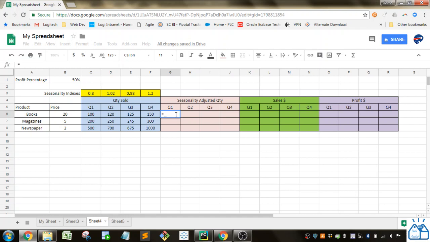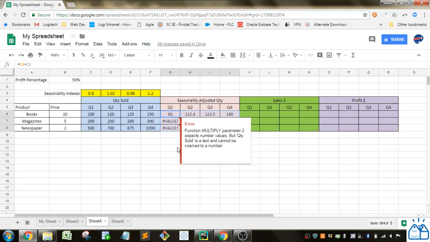So if I don't use cell referencing and I try to create a formula, and I go this times this, this cell will be great. This will be perfect, and even if I take that and I fill it over, it'll be fine. You can see if I double click on this, this cell is multiplying by that cell. That's what we want. But when I grab these and I fill it down, you're going to get some errors,